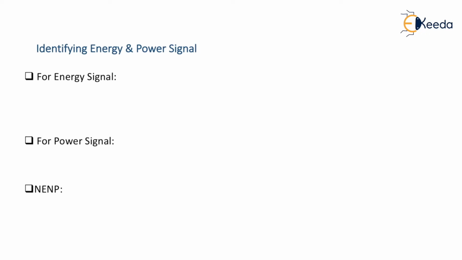First of all, we will understand how to identify whether the given signal is an energy or power signal. In the last video, we have already seen formulas for calculation of energy as well as power. Now, after applying the formula for a given signal x(t), if energy comes out to be finite, then we say that particular x(t) signal is an energy signal. So we assume that x(t) signal is given to us, for which we are trying to identify the type of the signal, whether it is energy or power.